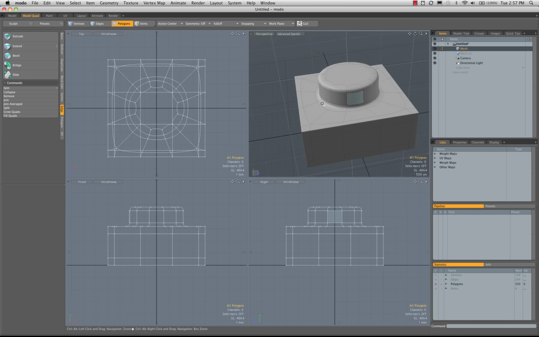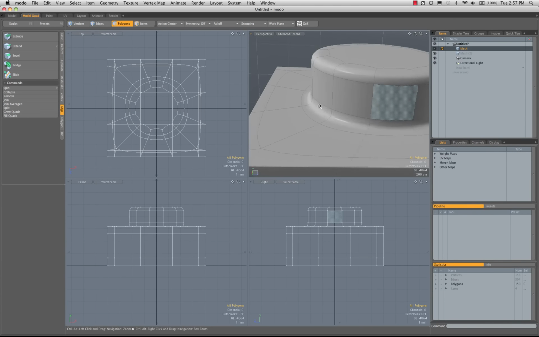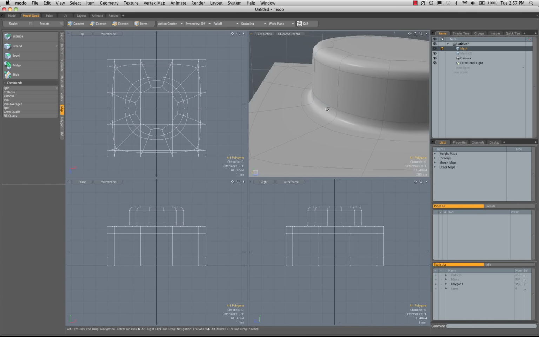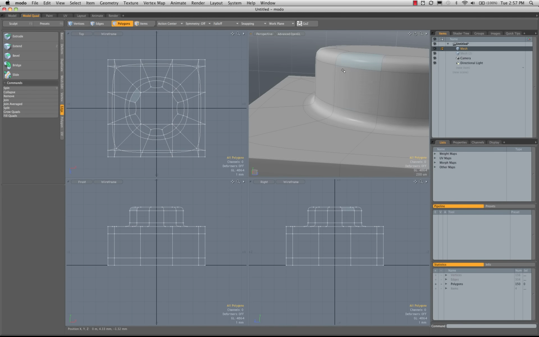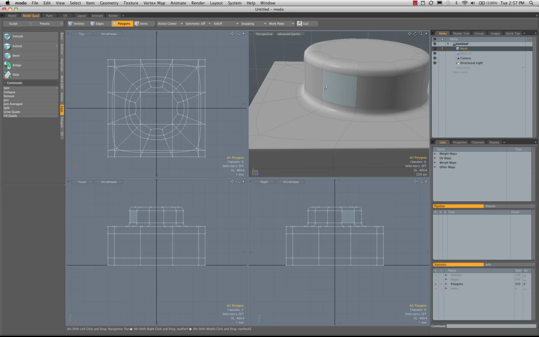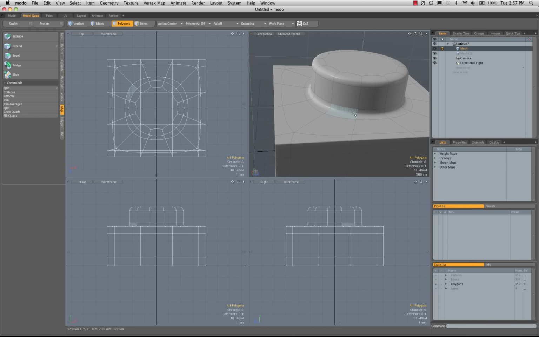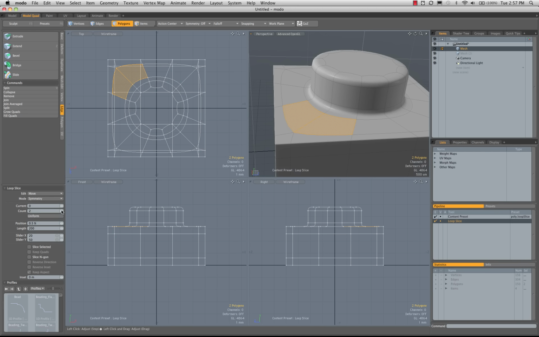And then we're noticing 2 problems. Rounding right here, way too loose. Rounding up here, way too loose. So these are the same problem manifested in 2 ways, and we're going to deal with it in 2 ways. So first thing I'm going to do is I'm going to run a loop slice here. Set my count back to 1, my mode to free, and I'm going to pull this in